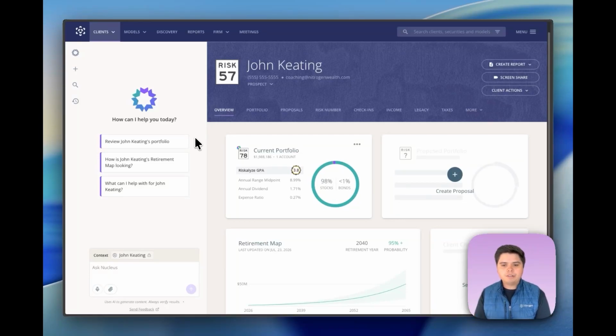Okay, let's jump into creating the next piece here, and that is going to be generating a report with Nucleus. Now, this is a nice way to round out everything that we've done so far in this profile with John, right? We've gone and captured that risk number with the risk questionnaire. We've used the statement capture tool to get his current portfolio entered, and we've gone and used Nucleus to generate